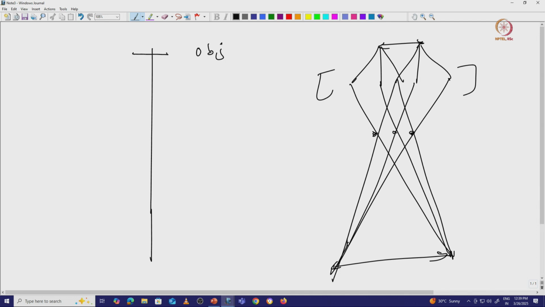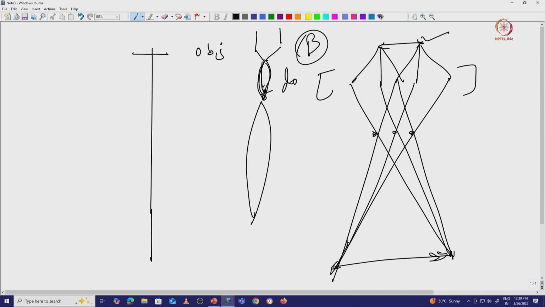Now if this is an object and you are getting an image here, if you do not have an object, what do you have? If you just remember the filament, first electron rays are coming and merging in one particular point, and that is the D0, which is regulating our intensity. Now this D0, this is just a spot. So if you do not have a sample, if you are just trying to image a spot, you will expect a spot after converge, diverge, whatever is happening, you will get a spot.